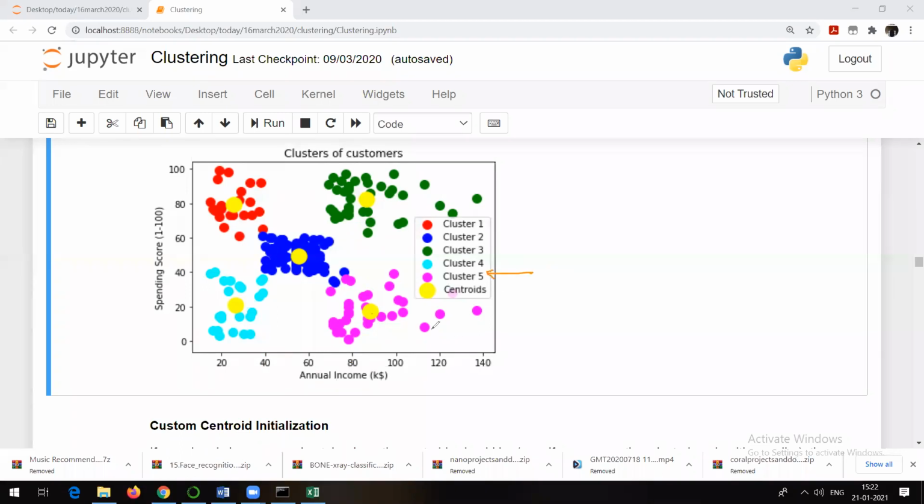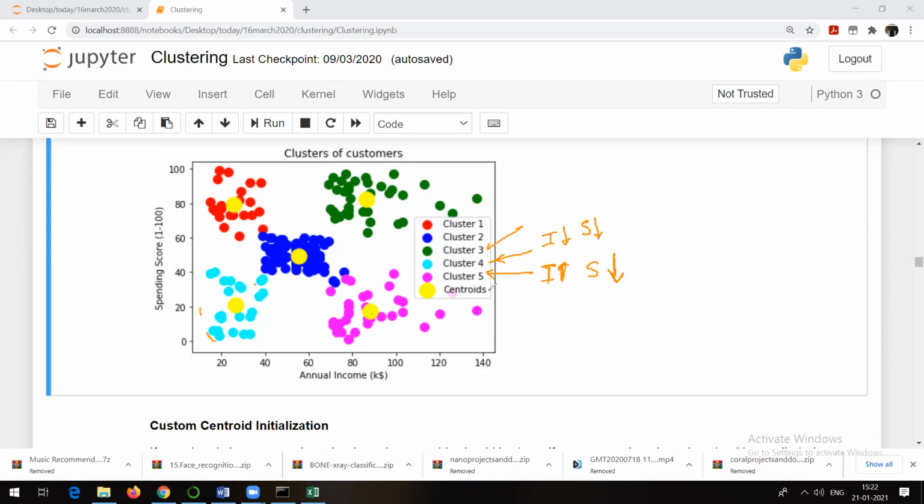What can you say about these people whose income is high, but spending is low? We can check this pink color. That means they are somewhat reserved. They think a lot about saving. Income is high, but spending is low. These are the people shown with pink color. You can check this cluster 4. In case of cluster 4, their income is low and spending is also low. So these are the people.